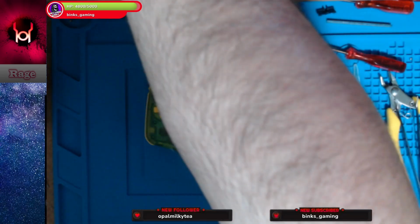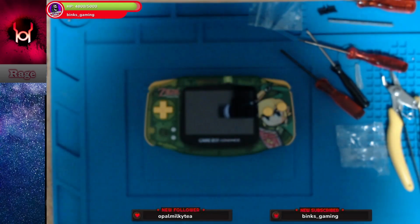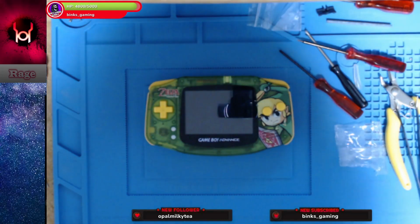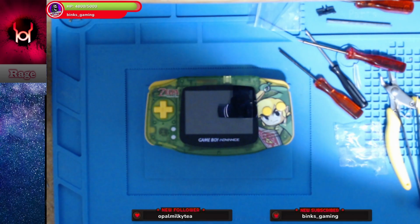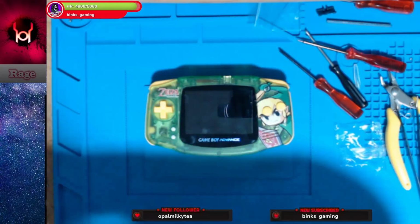Sapphire, Leaf Green, Diamond, Soul Silver. That Diamond might have cost you a bit. Sapphire, Leaf Green go for about 100. Diamond, I think, goes for about that. Soul Silver, did you get the boxed one, or did you get the...